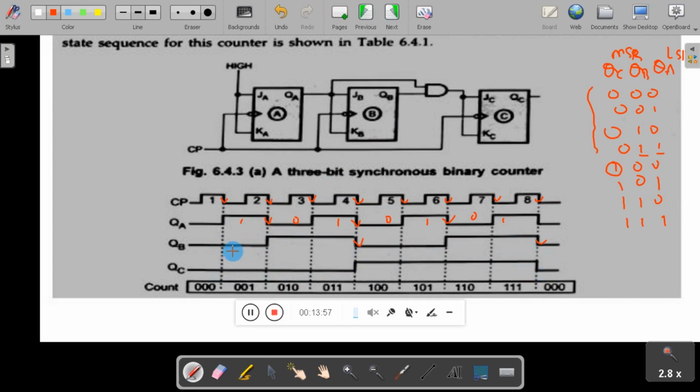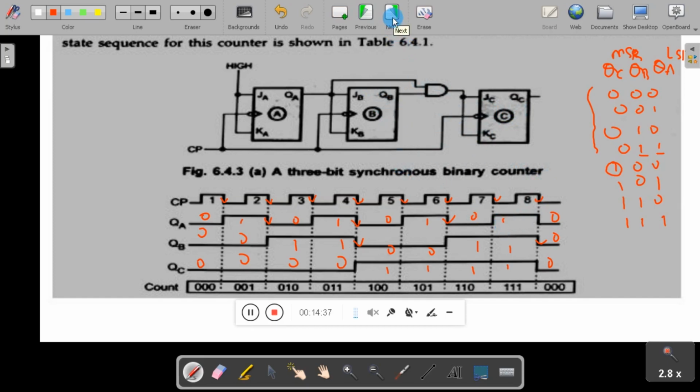So if you see overall, the outputs are 000, then 001, 010, 011, and 100, 101, 110, 111, and after that it becomes 000. That means it is a mod 8 counter. It counts from 0 to 7. It will not stop in between. That is a different design. Suppose you want to design mod 5, mod 6, that is different. This is mod 8. We are using 3 flip-flops and it is a simple way of designing a mod 8 counter. So now we will move to the next one.